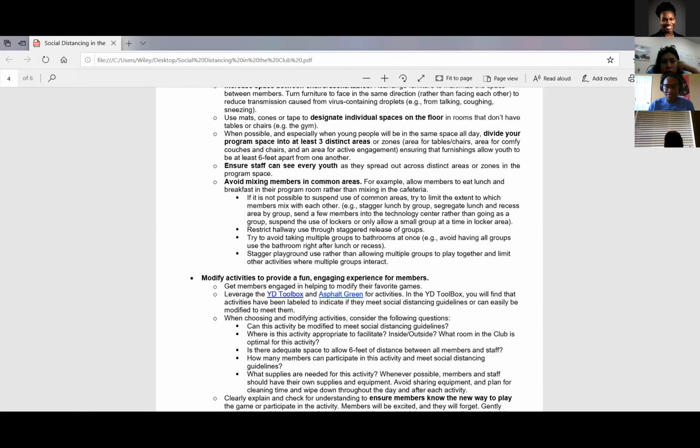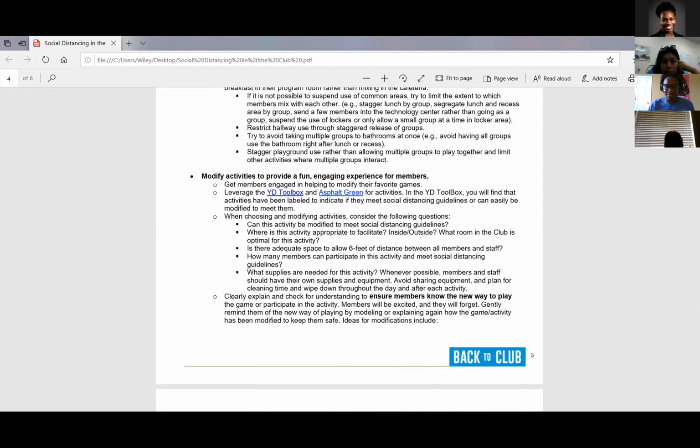Restrict hallway use through staggered release of groups. Try to avoid taking multiple groups to the bathroom at once. Avoid having all groups use the bathroom right after lunch or recess. Stagger playground use rather than allowing multiple groups to play together, and limit other activities where multiple groups interact. I can keep going. Modifying activities to provide a fun, engaging experience for members. Get members engaged in helping to modify their